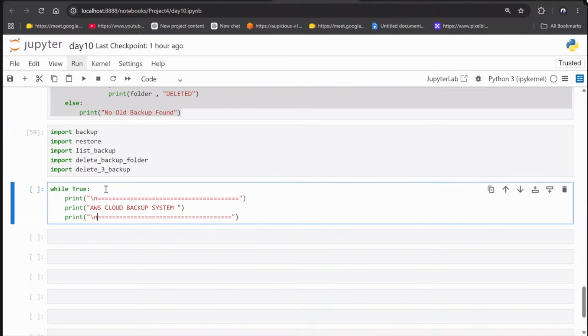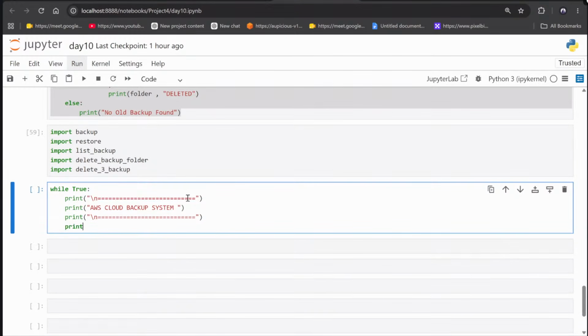It will print continuously over here. Right? So again, this is just a kind of separator. I'm adding it here, not a bit bigger, a smaller one. And multiple separators here. Now after this, I will take the print. If you want to back up files, I will print one.